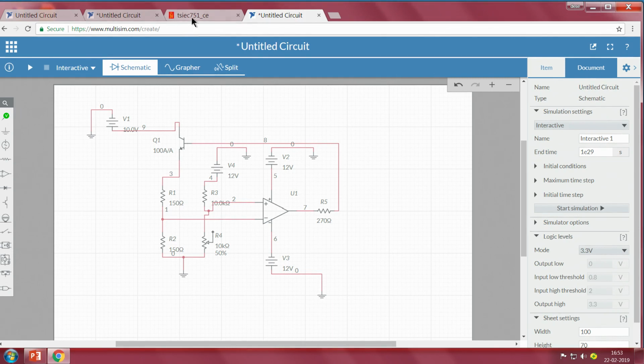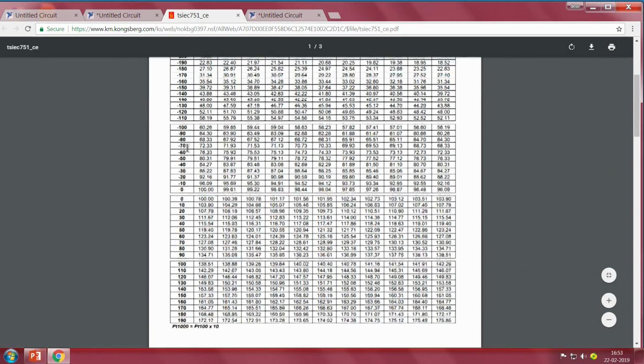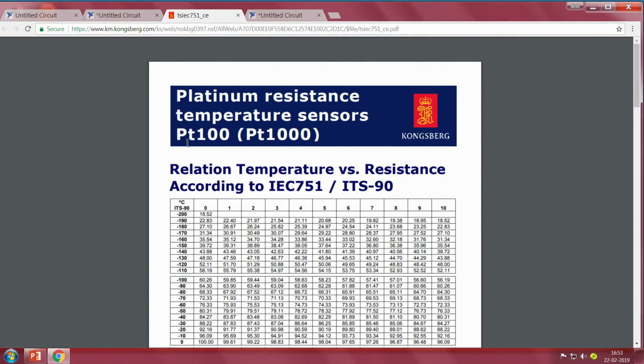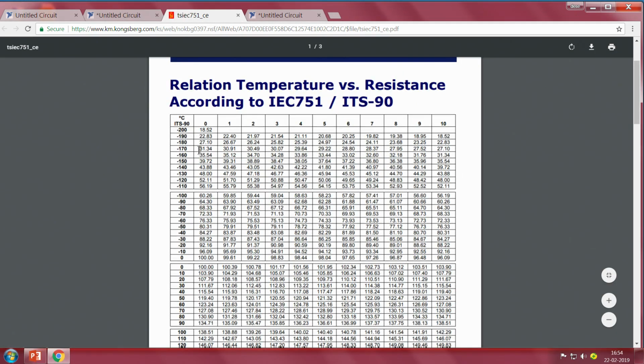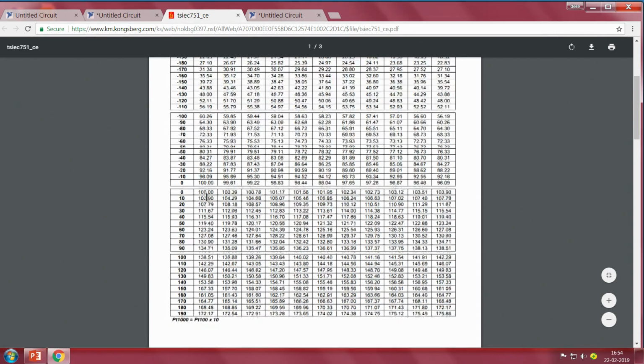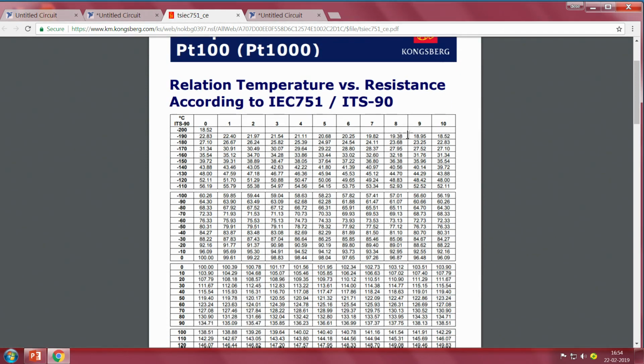Assume I have already asked you to have a look at the temperature conversion table. If you check, we assume we are using a PT 100, the heater here, and this is the table. I am sure you can Google this and find the conversion table. For each temperature, the temperature and resistance relationship is what the entire table tells you, and here these are the different grades.